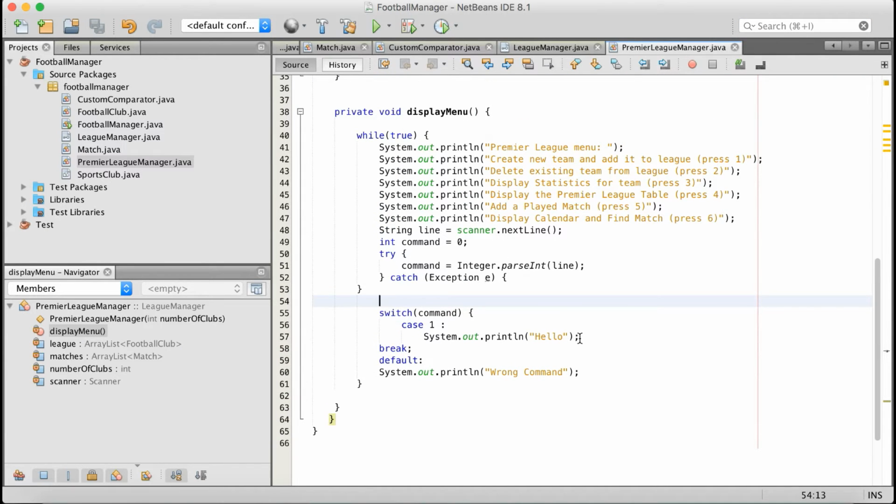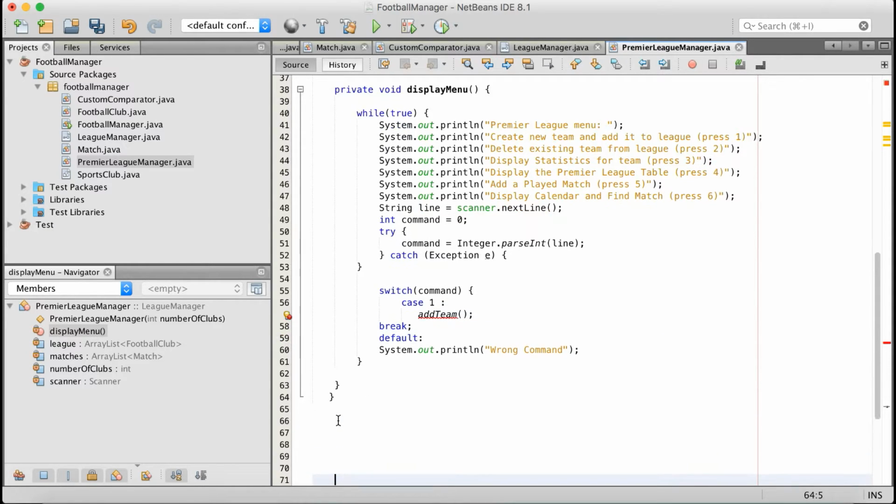Okay, so of course we don't want it to say hello, we want it to call the function. So we're going to name the function here add team, just like that. So now over here, I'm going to create the function for add team. So I'm going to do private void